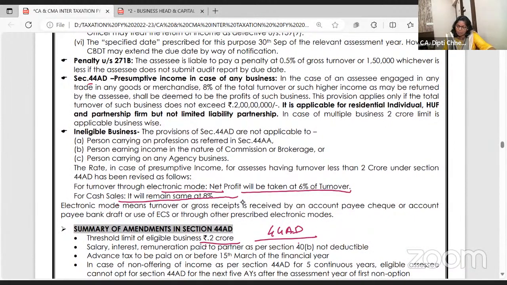It is applicable only for resident individuals. Small SMEs whose turnover is 60 lakhs, a small restaurant and all, they can go for this. We will continue this tomorrow. Only presumptive taxation is left in the business head. I will start the class with presumptive taxation, and then we will start capital gain straight. Assessment of partnership firm, if you have any doubt, you can ask me.